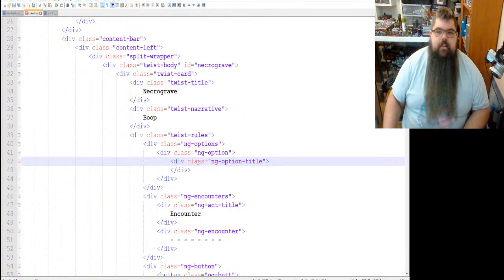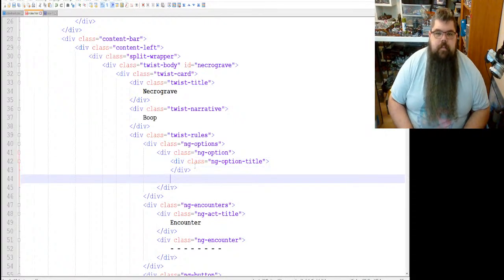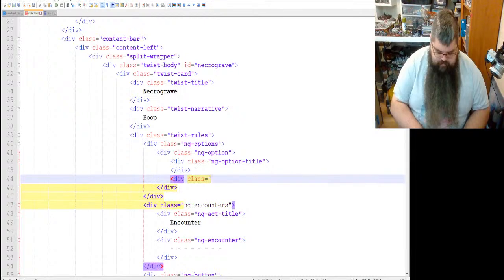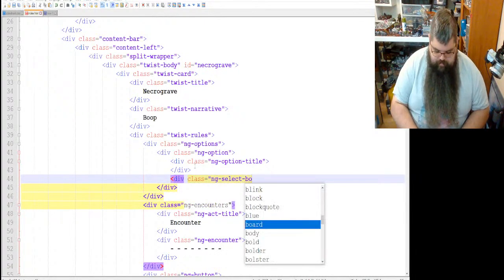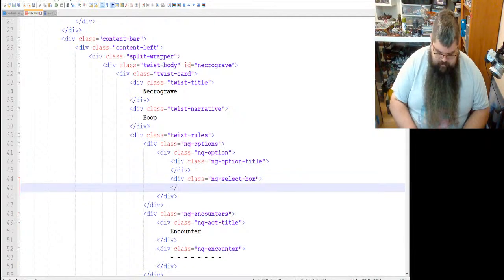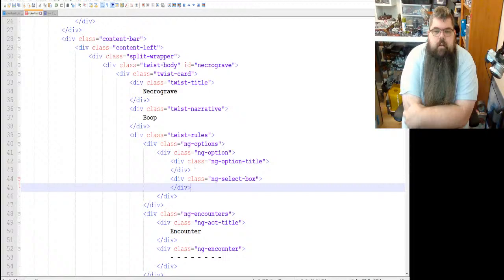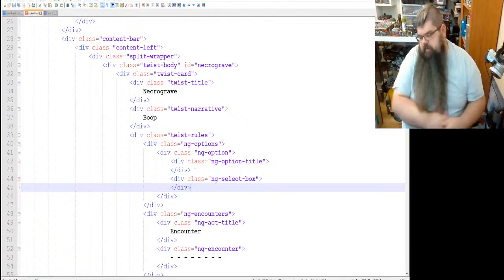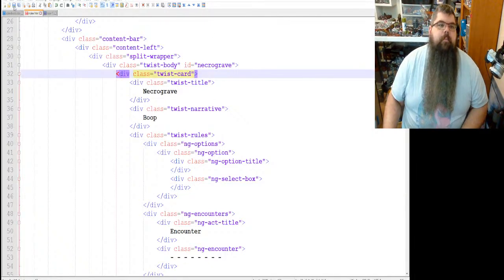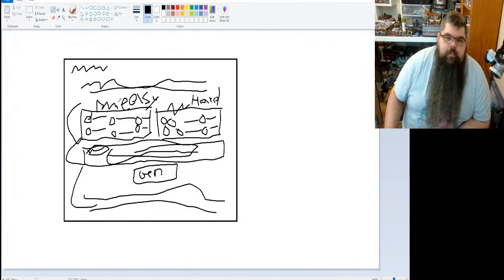All right, so we've got the title. And then we have, let's see, div class equals ng select box. And then inside of that, we're going to have a bunch of selects. Okay. Ooh, we could get even more customizing with this if we wanted. Let's do that. That'll be fun. Okay, so back up and punt. All right, so we're gonna have a box here for easy and a box here for hard.